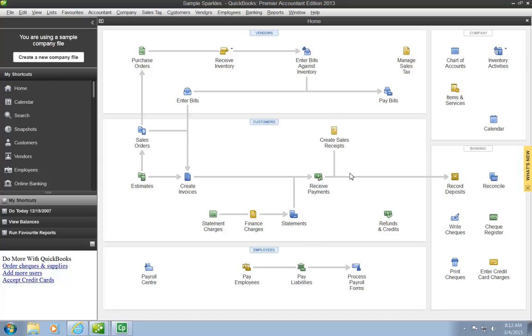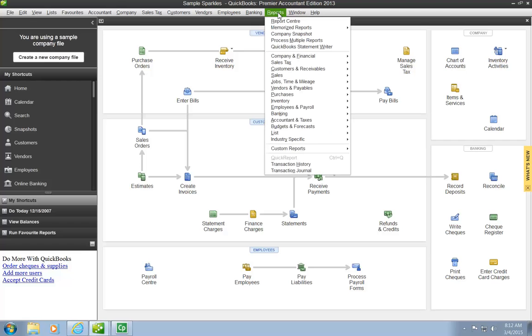Okay, hello. In this video we're going to learn how to display some journal entries or create a custom report so we can see the journal entries that QuickBooks has been creating as we've been working along in the system. So again, we start from the home screen as we do in most cases, and we'll go up to the